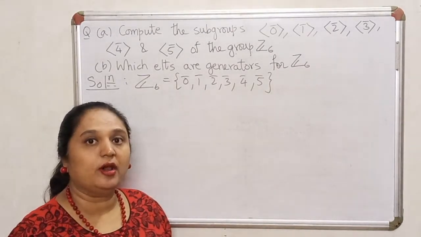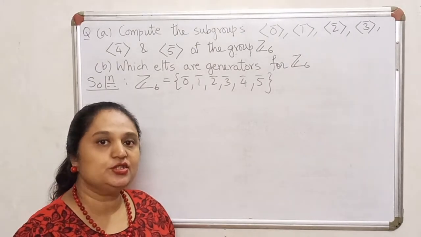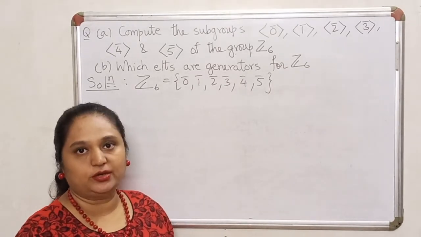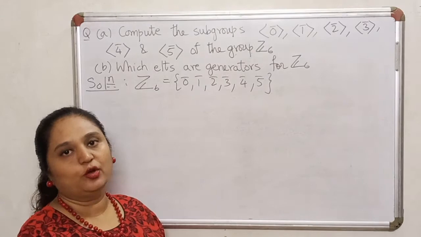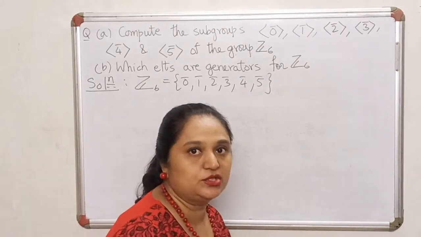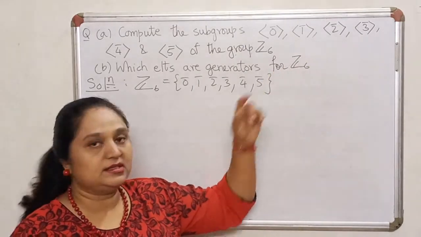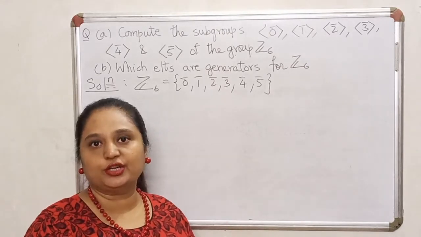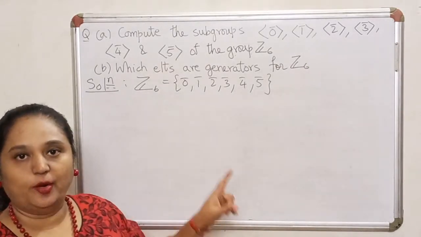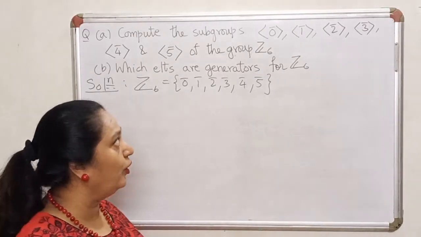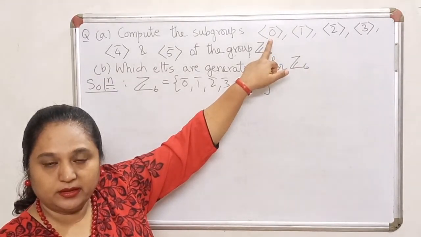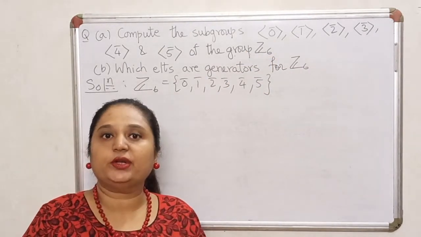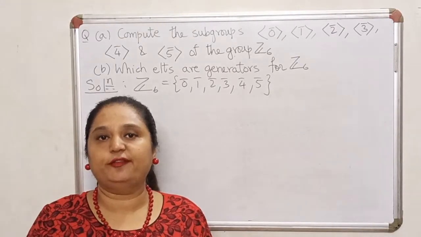Now Z6 with multiplication modulo 6 is not a group. If you don't remember, you can pause your video and try to figure out why it is not a group, or you can go back to an earlier video and see why it is not a group. So it's clear that when I talk about the group Z6, the operation that I have in mind is addition modulo 6. So for this group, the operation is additive. And therefore, when I talk about a generator and I need to look at all elements in the subgroup generated by that element, I will have to take integral multiples of the generator.